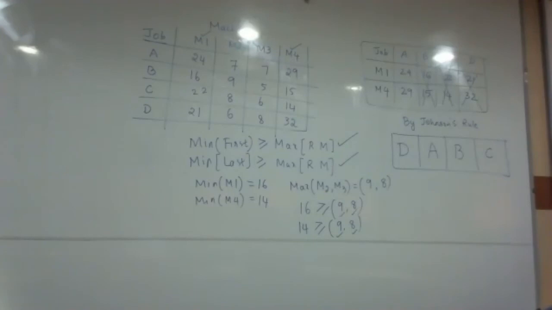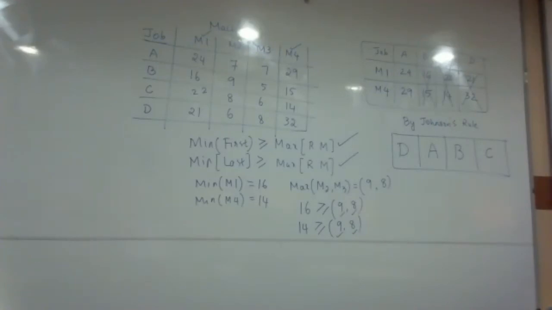Here there are different concepts we understood, like the no passing rule, the meaning of processing time, the meaning of elapsed time, the meaning of idle time, and what assumptions are to be made before we start solving a sequencing problem. I think we discussed all that. And then we started speaking about the 4 different types of methods as far as sequencing problems are concerned. The first method was processing n jobs through 2 machines.